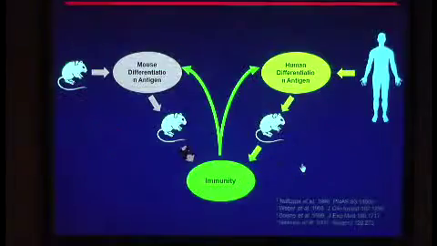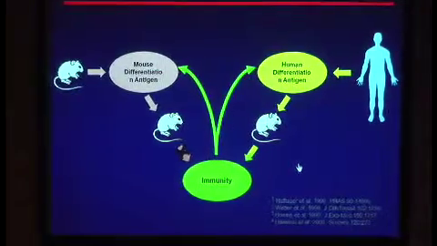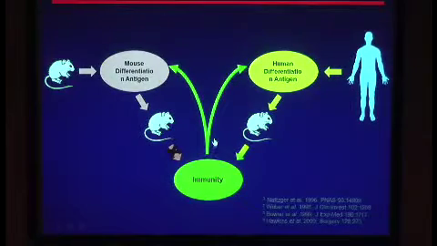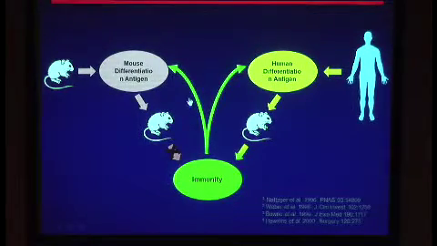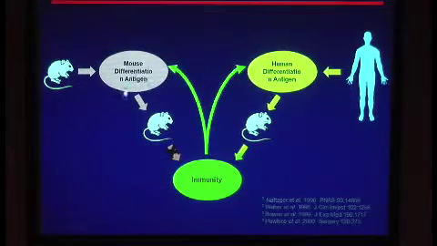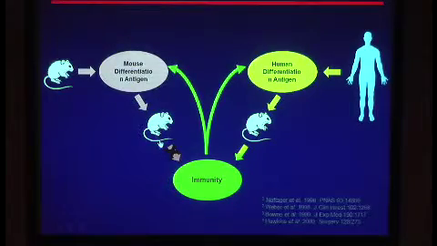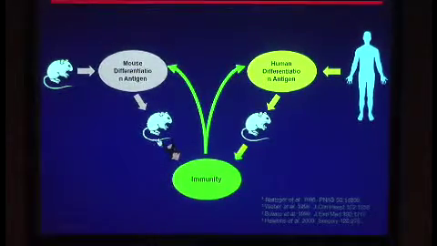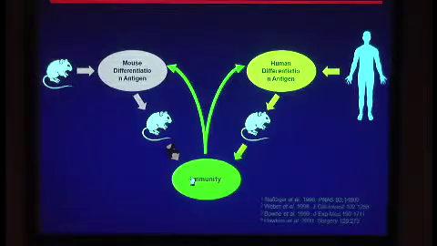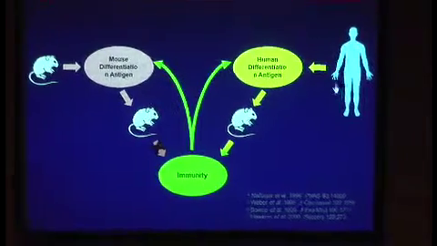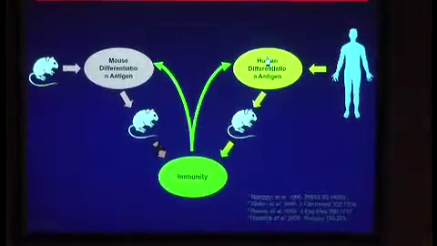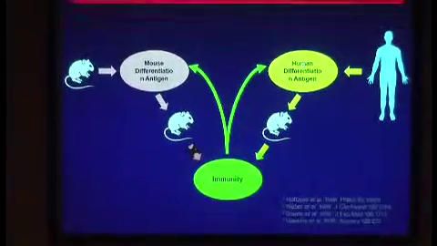So how do we do that? So one way of doing it is the following. We take a gene that is expressed only in melanoma. If we take the mouse gene and we inject it to the mouse, as I told you now, it's recognized as self, and we don't have an immune response. So what we do, we take the human gene, which is very similar to the mouse gene, but yet it's different, and then we inject it to the mouse. So the mouse will recognize it as non-self, and we will have an immune response, and therefore we will have